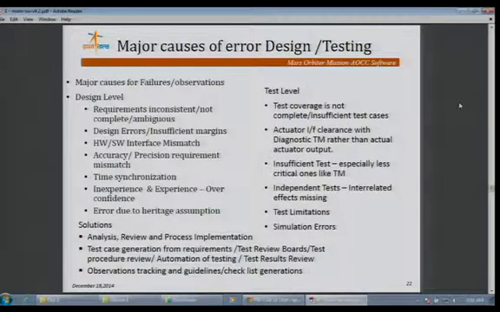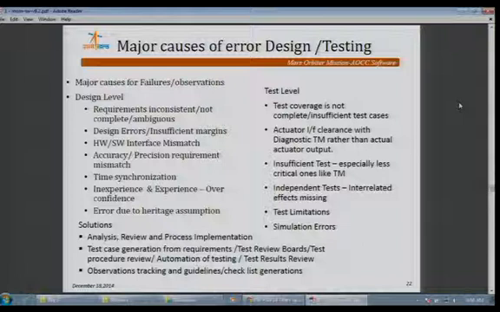In our experience, we find the major causes of failures are inconsistent requirements, ambiguous design, ambiguous requirements, design errors and margins, mismatch in the software and hardware, time synchronization aspects, heritage assumption, experience, and even overconfidence. The test coverage has also resulted in some cases being incomplete, with insufficient tests and interface clearance with not actual systems. Such things we have learned through experience, and we normally introduce proper tests to ensure these are all tested properly.